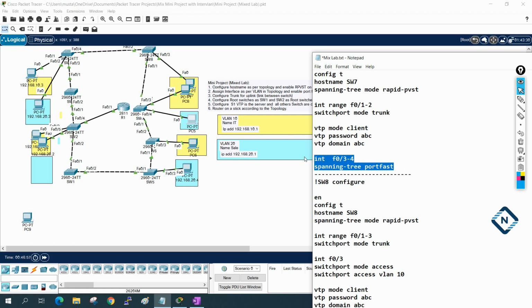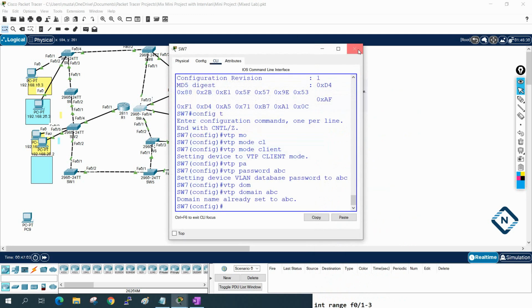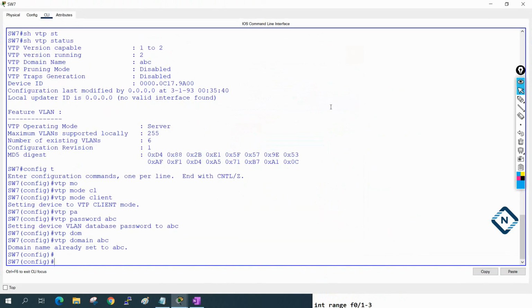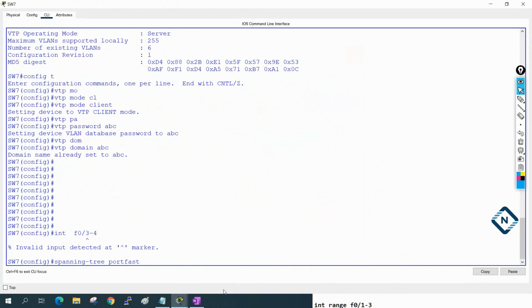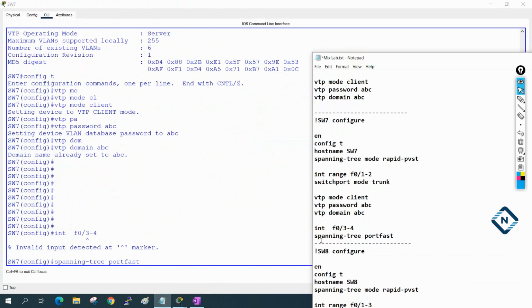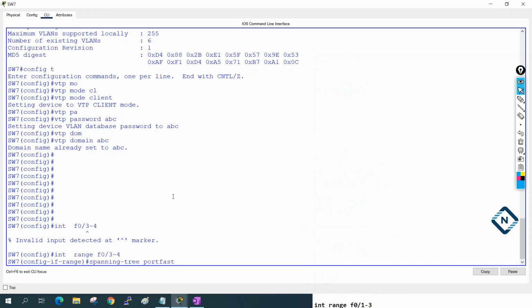I will copy this and go to switch 7 and paste here. We forgot the interface range command, so we need to write range and then paste this here. Okay, so this one is okay.